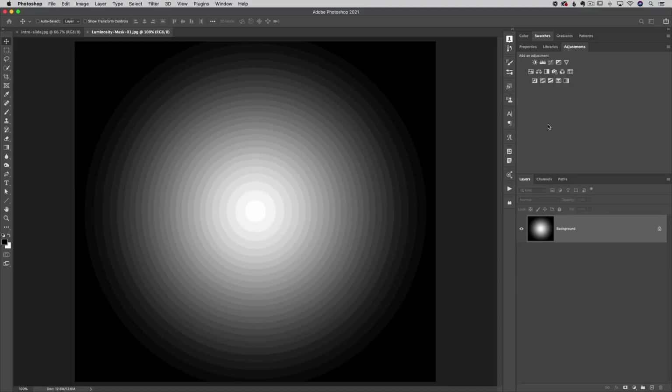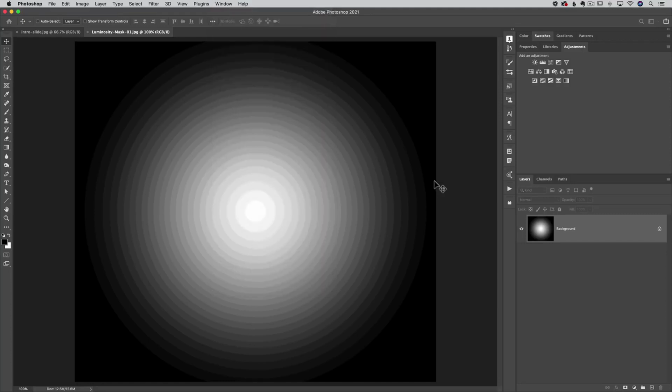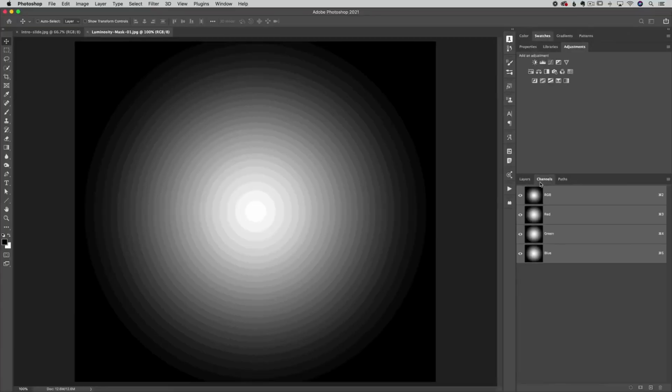So we're gonna go to our channels palette, and that's if you go to the window menu and you go down here to channels. Forgive me, I often call them palettes, even though they're technically panels. But it's also right here if you haven't moved your panels around. It's also right next to your layers panel. You're just gonna go here to channels. So what we have here is we've got the RGB channel, and then we've got red, green, and blue,